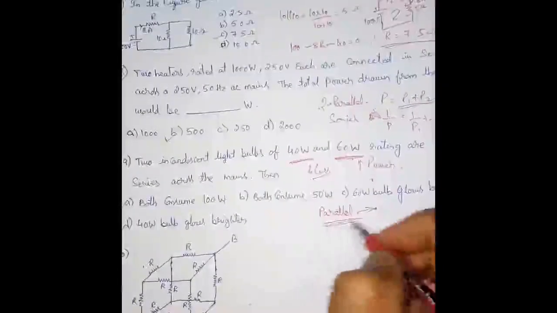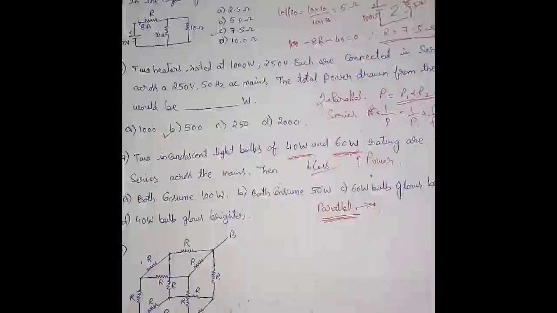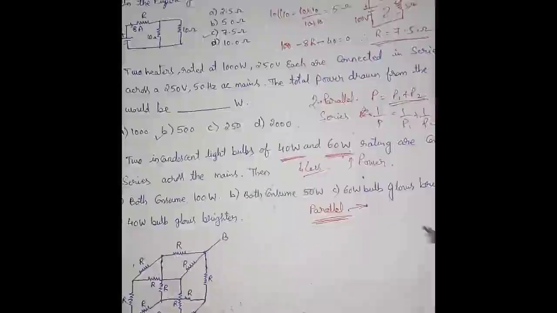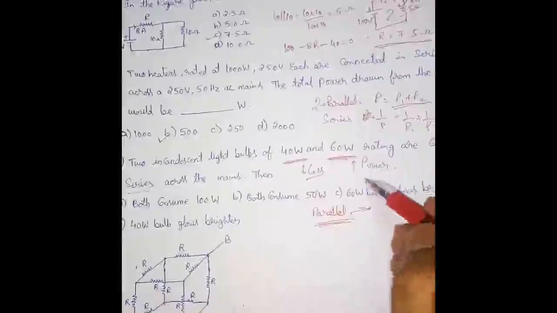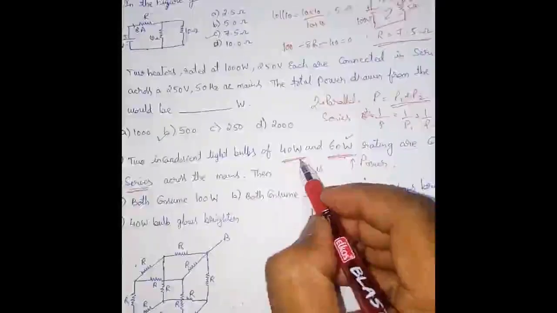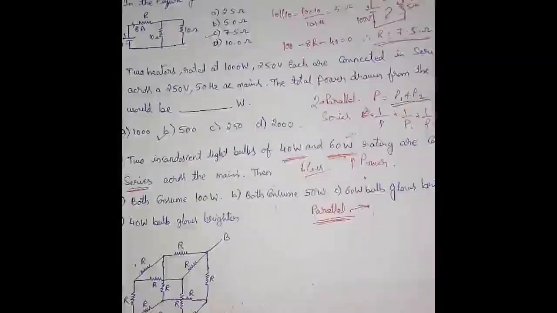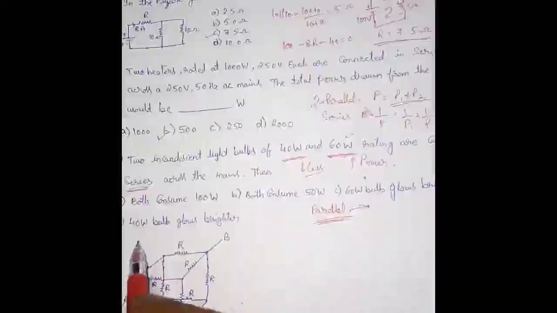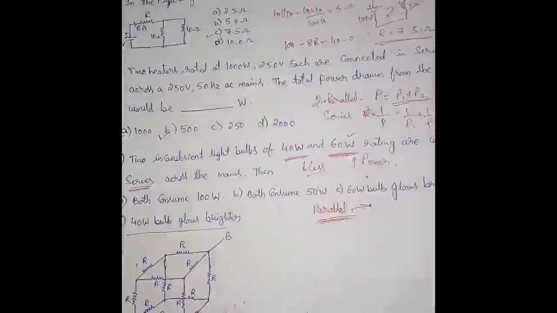That is because we have a parallel system in the buildings, in the house. We connect in parallel, but here in this question they have mentioned that it has been connected in series. So it should be reversed now. In parallel, the higher wattage will give more power, but in series, it is opposite to that, right? Lower wattage will give more glow or more output. So for this question, the 40 watt bulb will glow brighter than the 60 watt. That will be the answer.